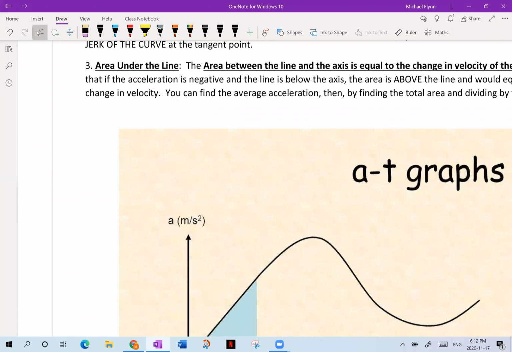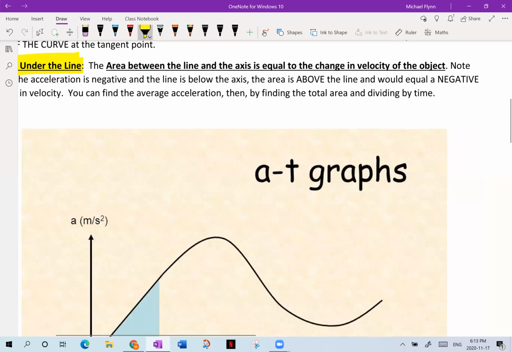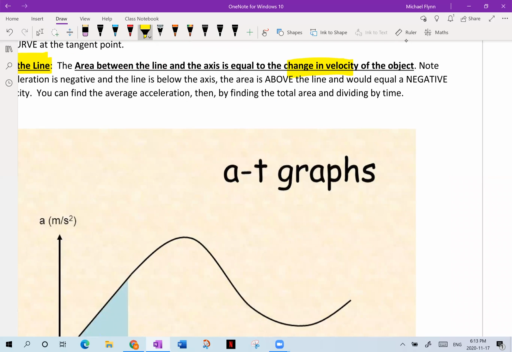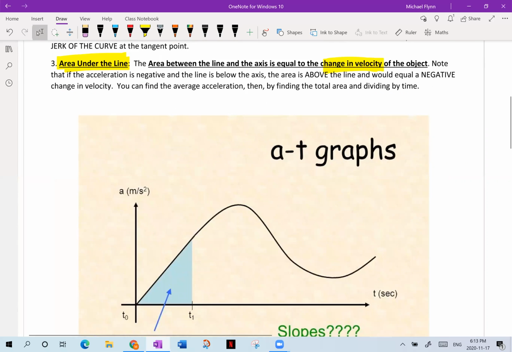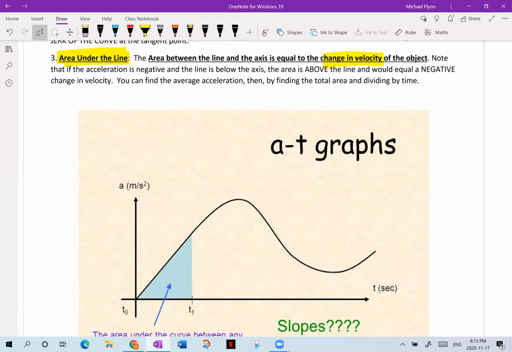To summarize all of this, really it's all about the area under the line. The area under the line is equal to the change in velocity on an acceleration time graph. So it'll tell us what the change in velocity is. It can't tell us what the initial velocity is, but it can tell us what the changes in velocity are. And just like on the velocity time graph, if the line is above the axis, then